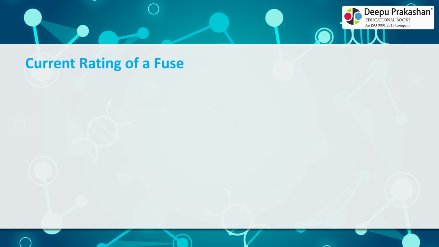Characteristics of a fuse include: it has a low melting point, typically made from an alloy of 50% lead and 50% tin that melts around 200 degrees Celsius. It has a high resistance, causing it to heat up rapidly compared to the connecting copper wires. This rapid heating causes the fuse to melt when the current exceeds certain limits.